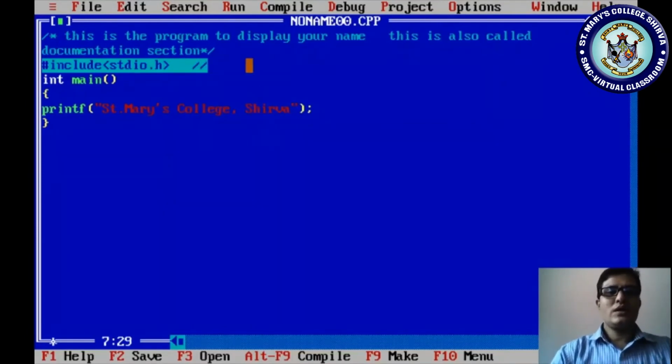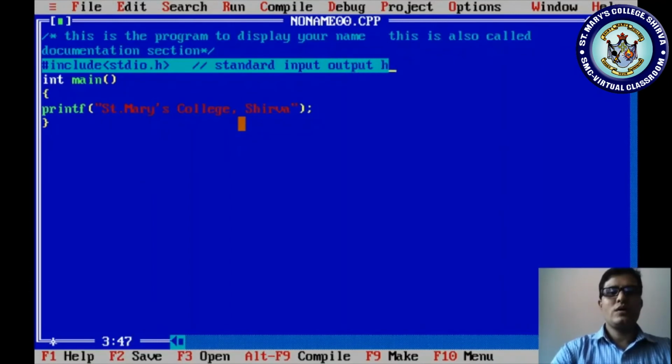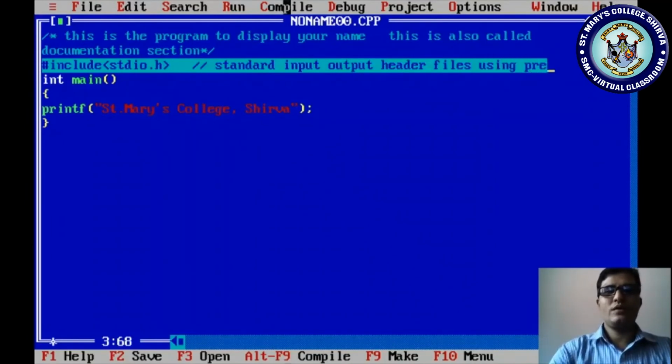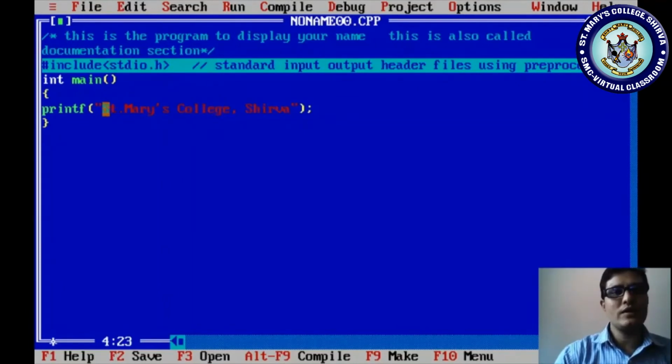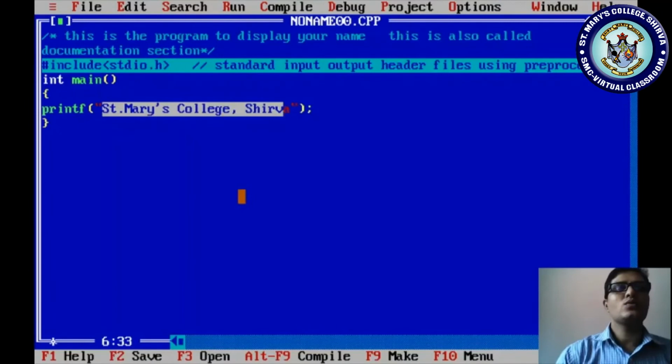Every program starts with the main function. If you see here, I am using main with brackets. If I am using brackets, it has to be treated as a function, and for the main function I have given the data type as int. If I use this data type as int, then our main function is of int data type. Afterwards your control begins from here.